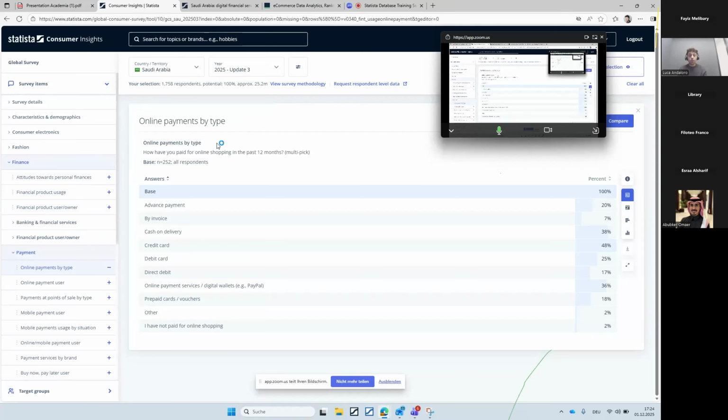Let's say that we want to understand better how respondents respond differently to the same question according to their age, for example. So we go to characteristics and demographics, and you find here many questions related to age. And we can add, for example, a question related to generation. So we click on the plus,